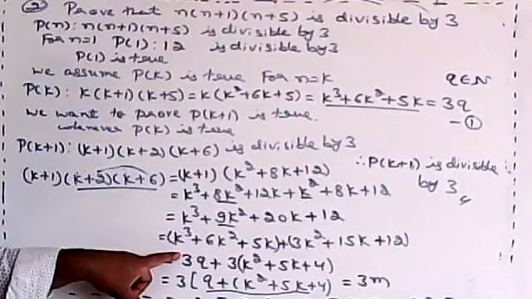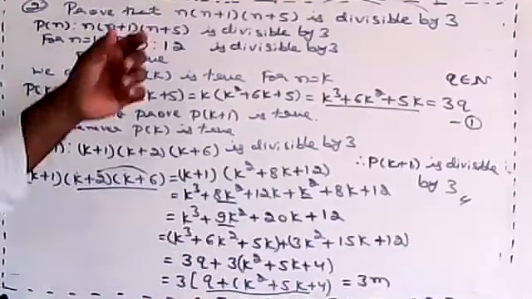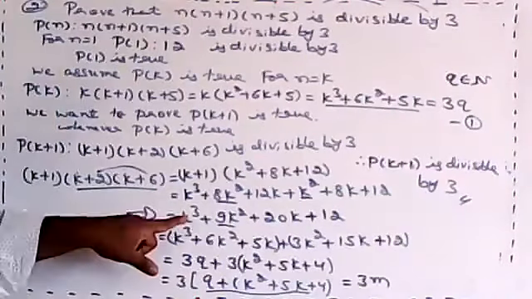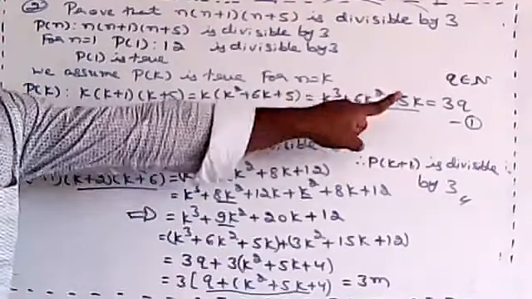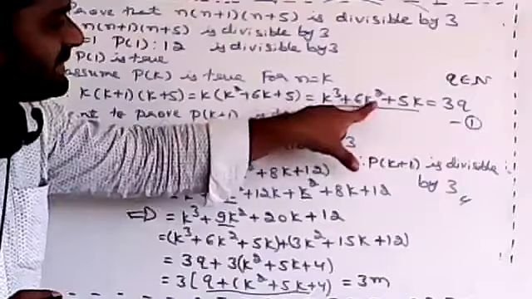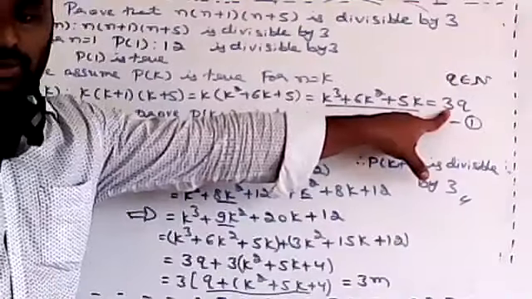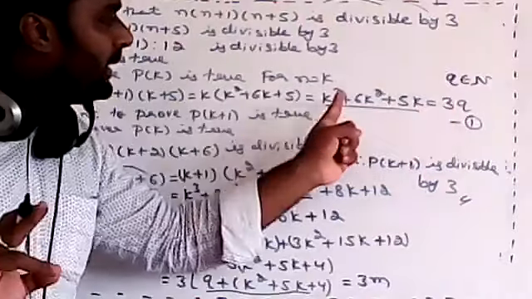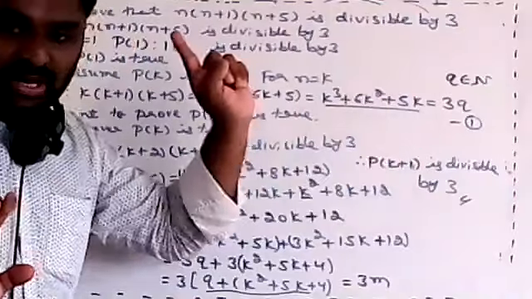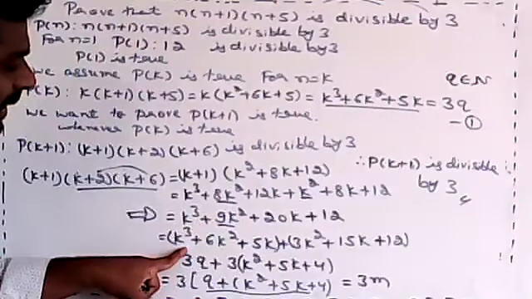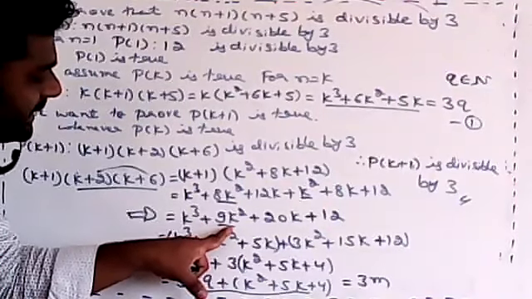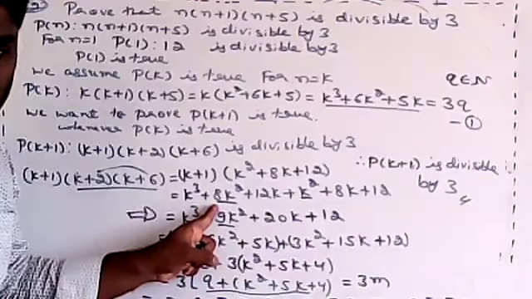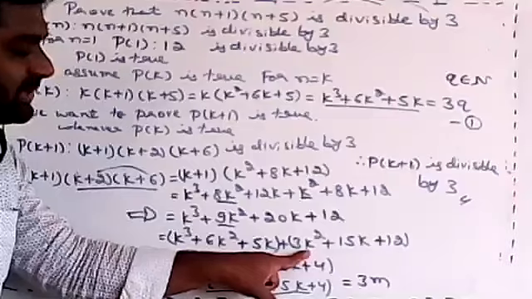Third step, this one, no? Okay, okay, Namita, I'll explain that one. Listen to this one, see, this step you are telling, no, third step, just check this one. In the P of k, we know the 3 cube. What is 3 cube? K cube plus 6k square plus 5k is 3 cube, we know that. Correct or not? Correct? So I'm arranging like this only. I need to get 3 cube, I need an equation k cube plus 6k square plus 5k. So what I'm doing means, I'm writing k cube as it is. Then 9k square is there, no? I'm writing as 6k square plus 3k square, which is nothing but 9k square only.